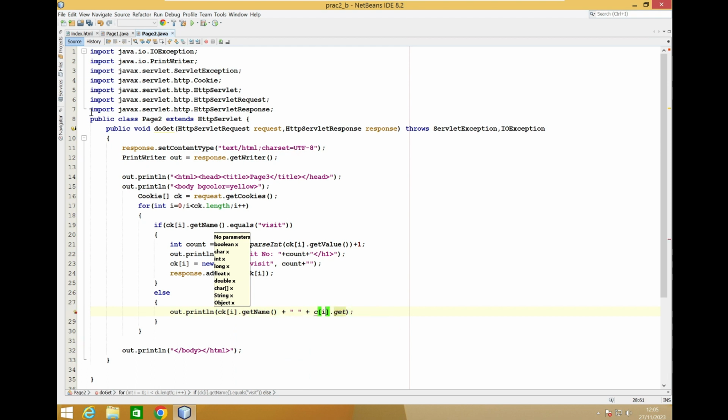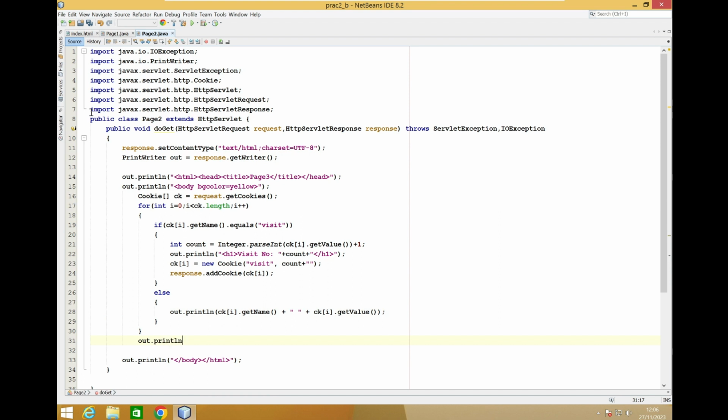So here we'll just get the name and the value over here. And what we have to do after that is move to the next page. So out.println,